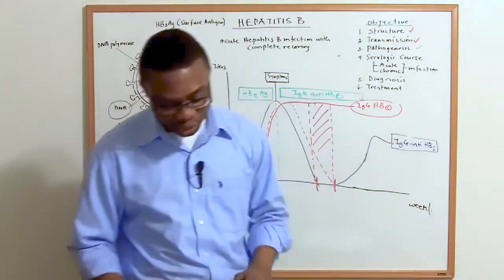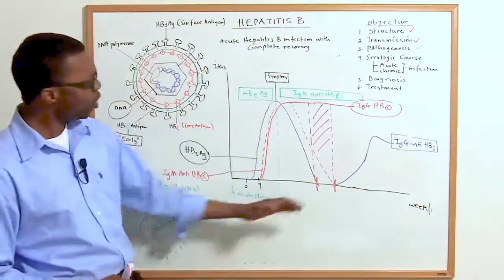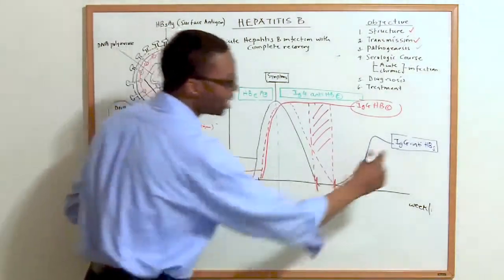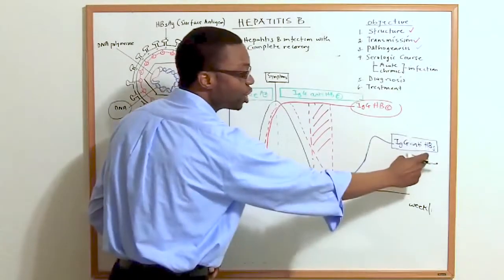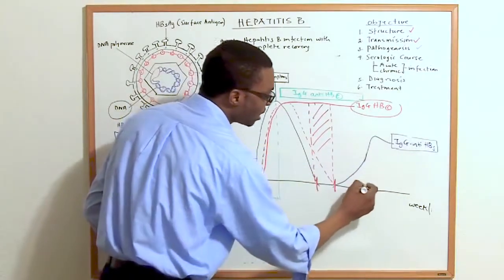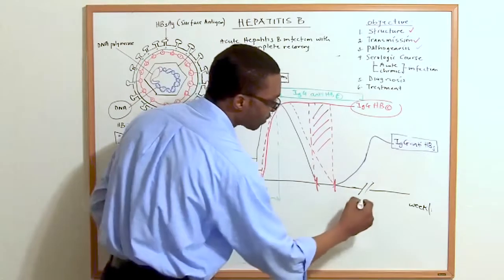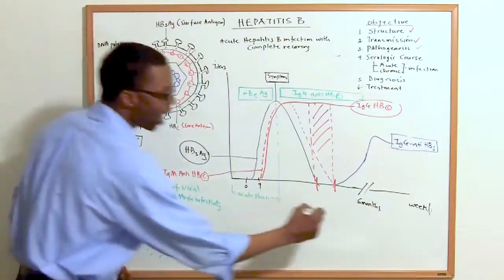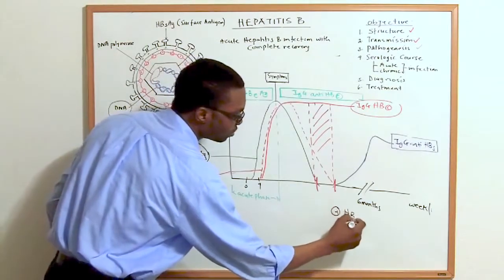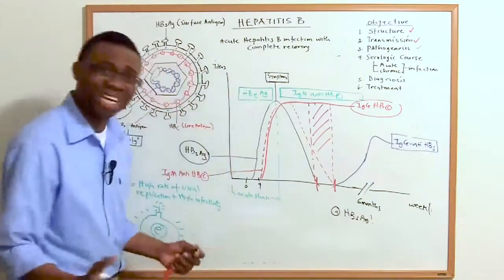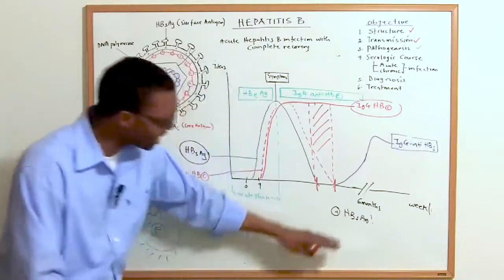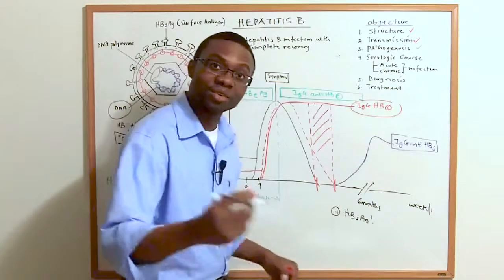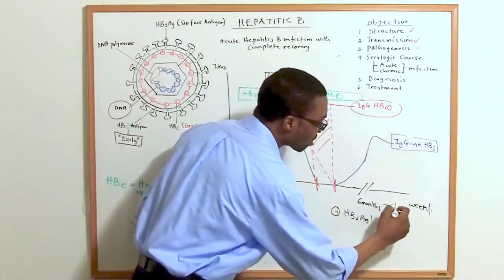All right. So this would be a great time to talk about, wait a minute. Well, after 6 months, somebody makes IgG against the surface antibody and they're cured. What about 6 months later? Let's kind of cut the graph and say 6 months later, they're still positive for the hepatitis B surface antigen. What? What are you saying? You're trying to say no, yeah, they're still positive. That means they graduated and become a chronic